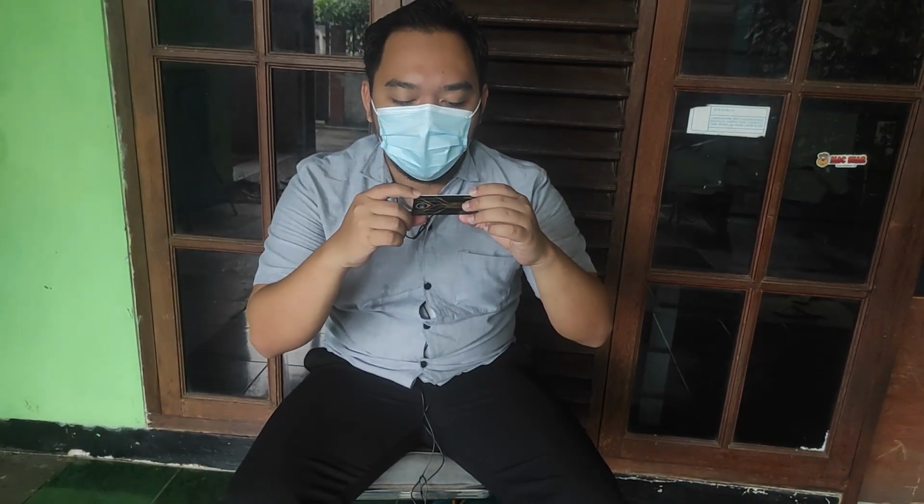Okay guys, today we're going to show you a tutorial on how to take the commuter line train in Jakarta, Indonesia. First, you have to have this kind of card. This is a Commuter Line Kereta Komuter Indonesia card, and it's kind of like you refill the credit on this card to get through the gate, and then you can buy this card in the